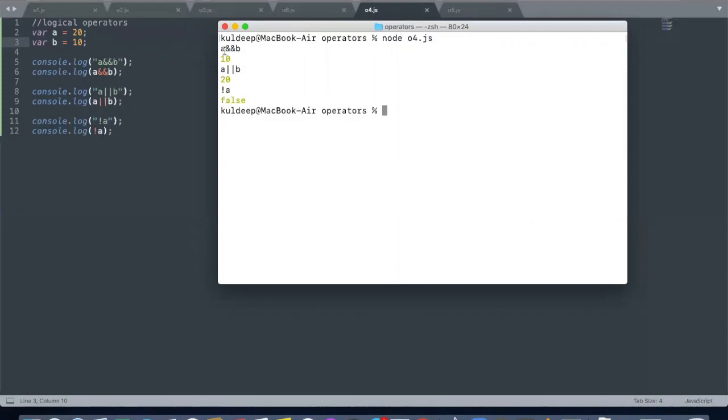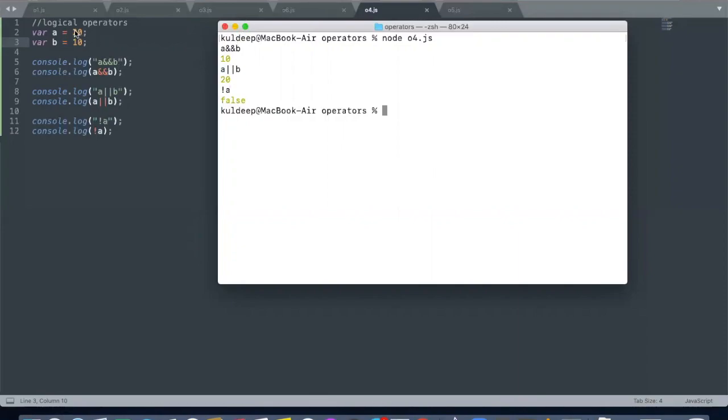In this, guys, a or b, I'm getting the first number. In a and b, I'm getting the second number, right? So if you talk about this, guys, now a is 20, b is 10. So now the condition changes. So I'm getting b, that is the second number, and a is 20, that's why I'm getting the first number. So in the OR operator, I'm getting the first, and in AND, I'm getting the second.